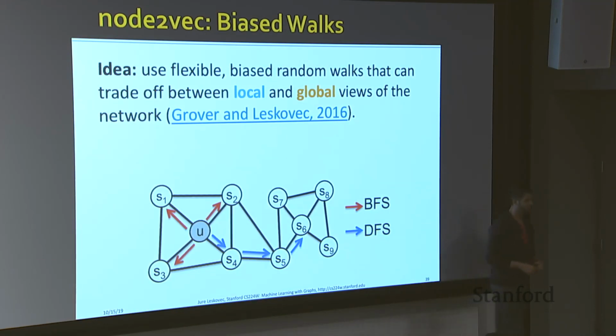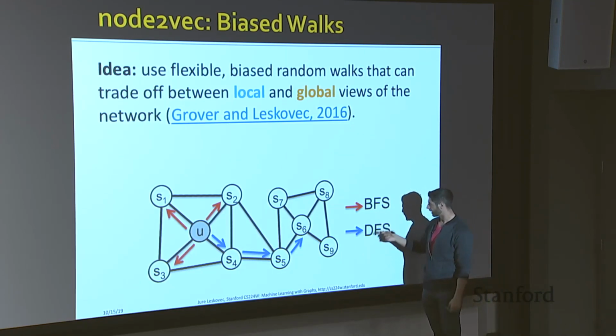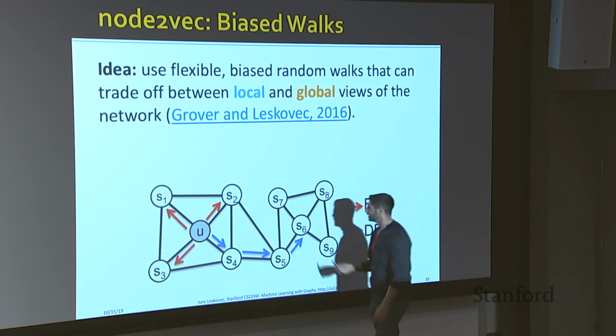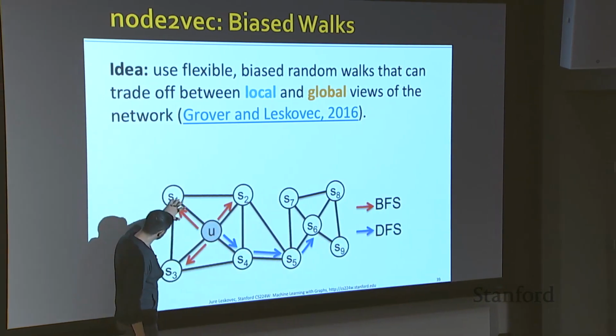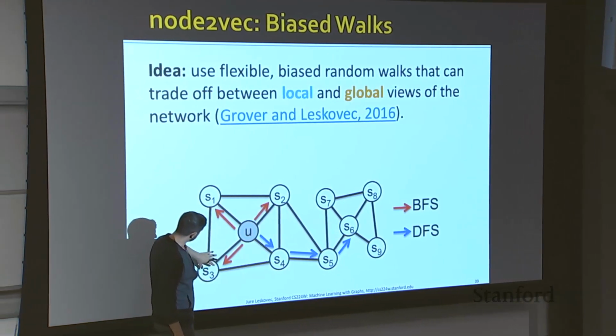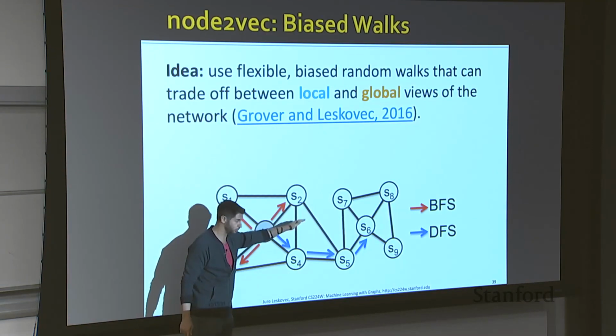Possibly the CS101 versions that you have heard of for sure are breadth-first search, the BFS, and depth-first search. If we only use a BFS, for example, starting from our node U, we get a very clear view over the neighborhood of U,